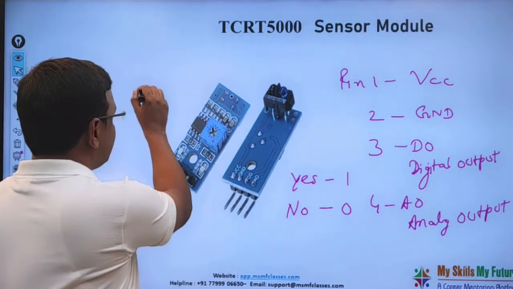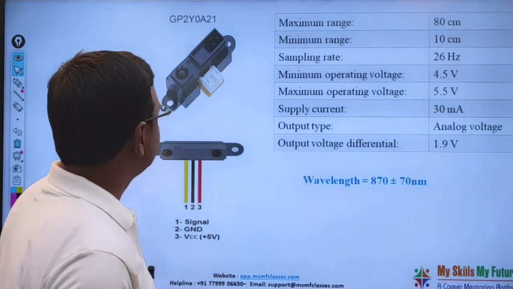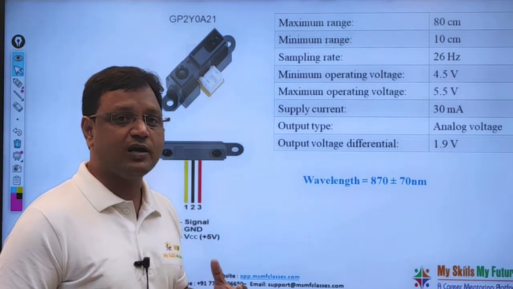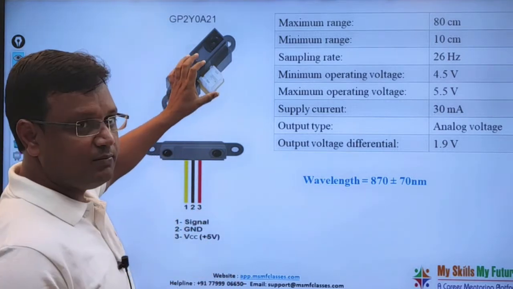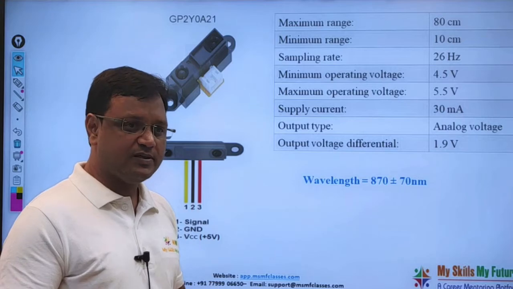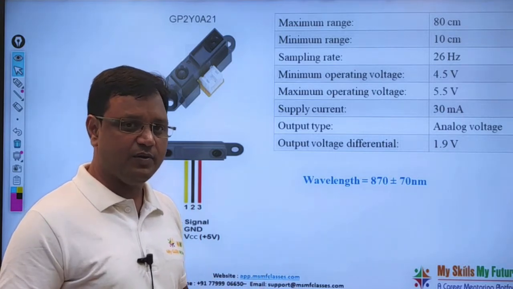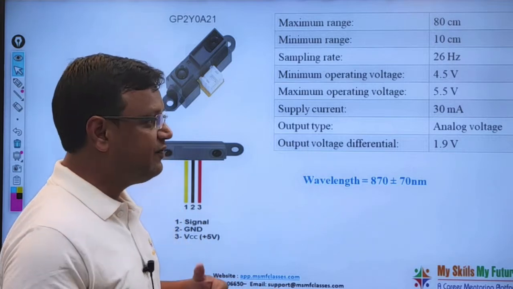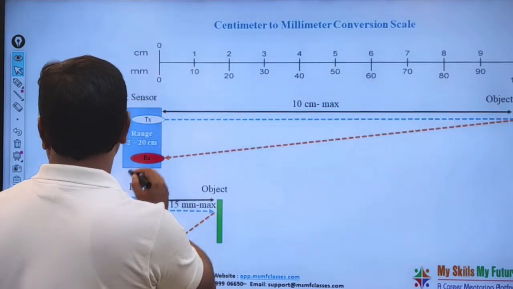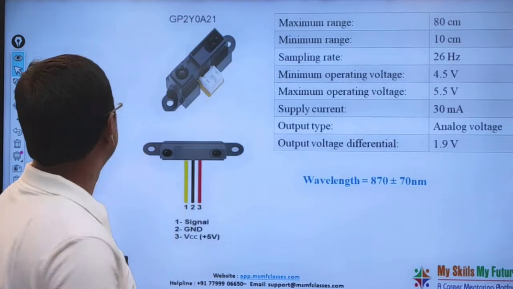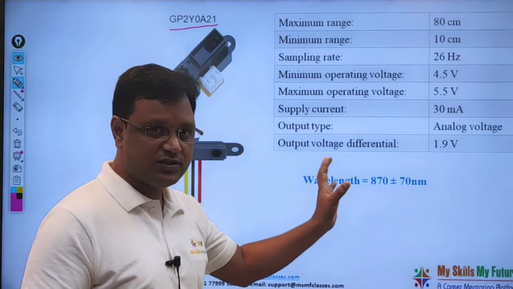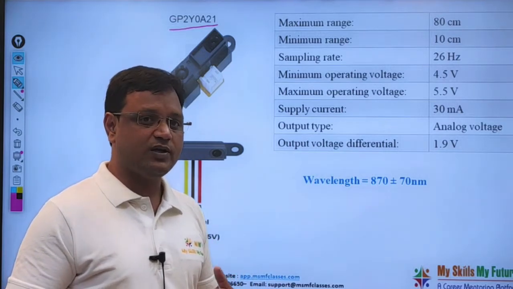Now I will take another sensor, that is the GP2Y0A21. Basically it is known as a sharp sensor. This number is a product number. I have seen on websites that people call it a sharp sensor, but there are different ranges available, and to differentiate those ranges, every company provides some product number. So we have to carefully select the sensor with the help of our product range, right? We have to take this number, find out the specifications, and then we can find out which one is better for us.